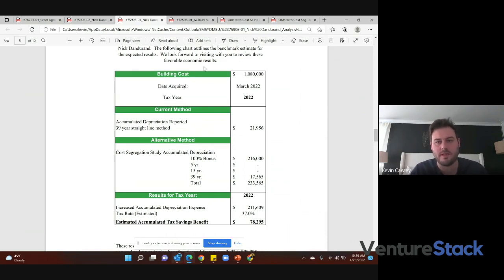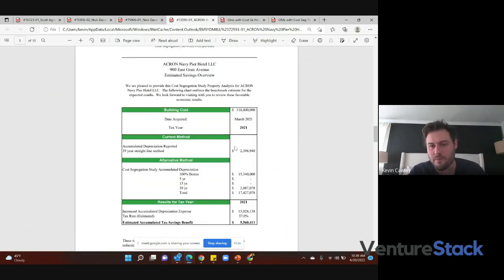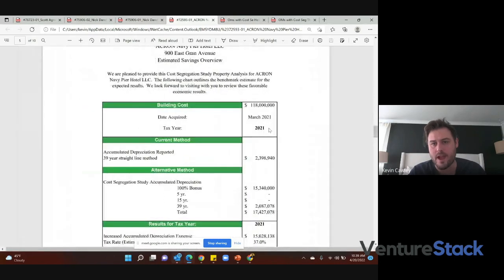And I just pulled up this example, Mike. It's a little bigger property. It's a $1 million property. Just so your audience knows, my firm will work on properties with a basis as low as $250,000. I personally work on properties that small all the time, up to very large properties. And I brought this up not to brag, but to show you we work with very large investors as well. This was a hotel